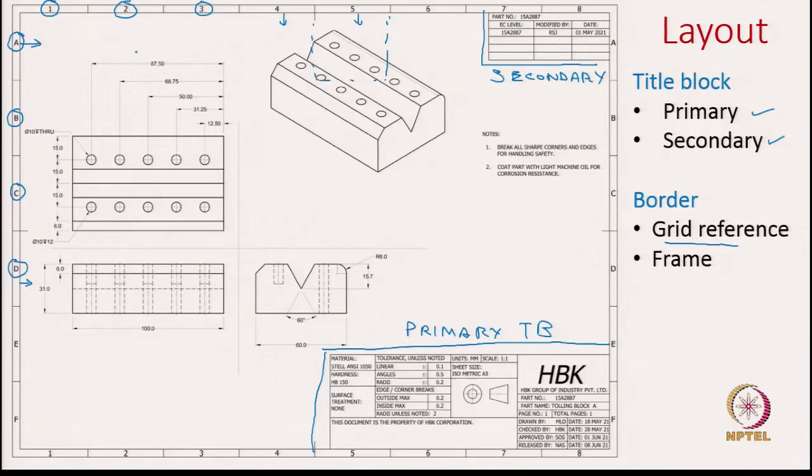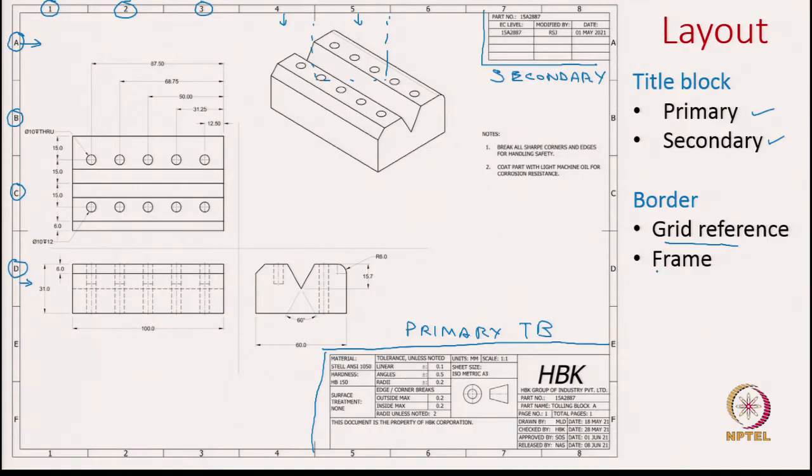For that you can use this grid reference. Usually we start from the corner diagonally opposite to the title block. So, in this case we start from the top left corner and use numbers in the horizontal and alphabets in the vertical.